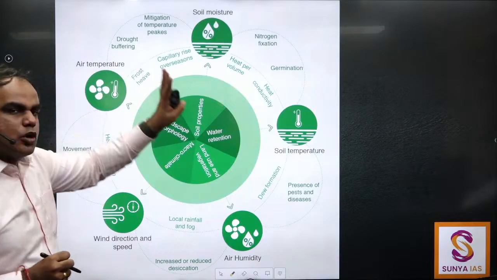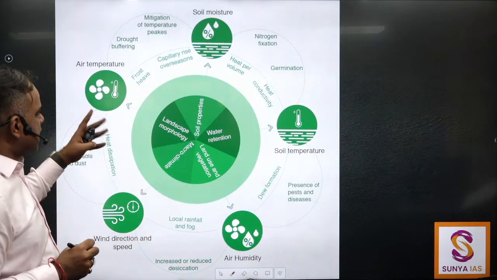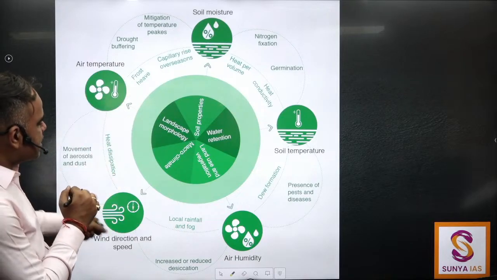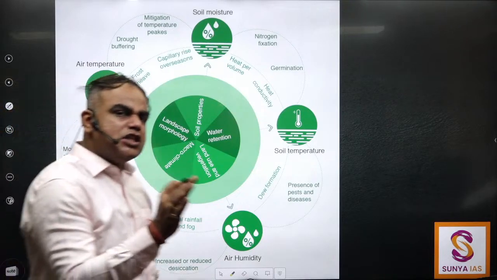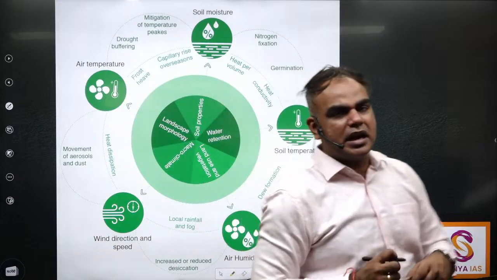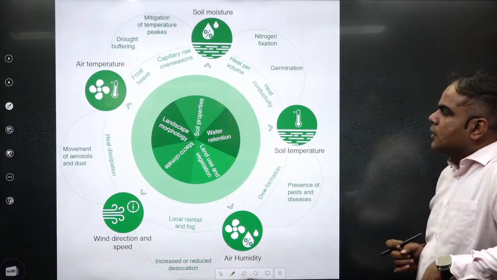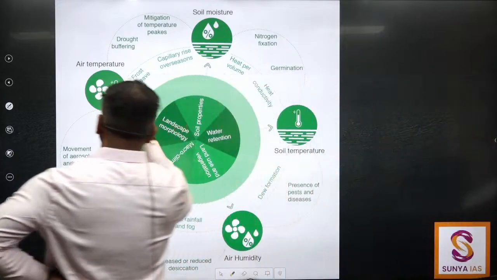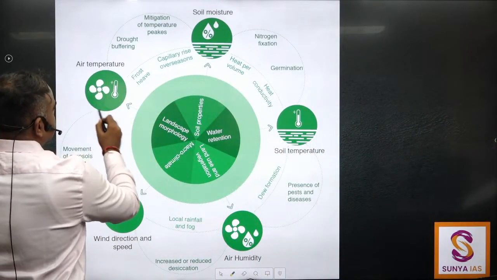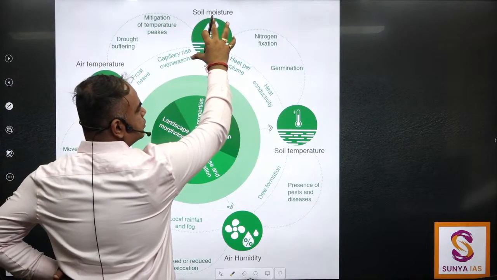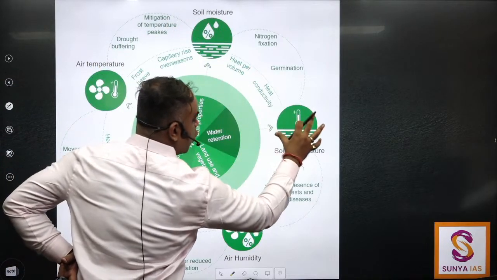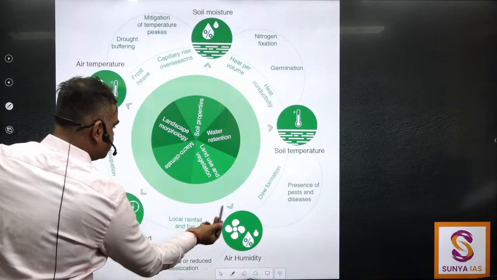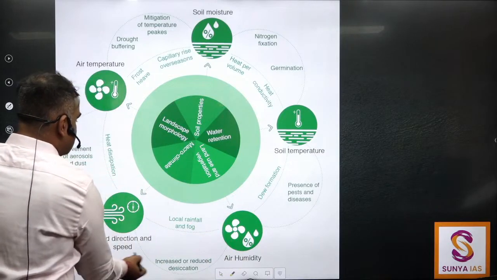You may not be able to draw the exact diagram, which is very detailed, but try to just understand the various factors that are going to be present and how each factor is interconnected or interrelated. So, for example, if you see, you have air temperature, there is soil moisture, there is soil temperature, there is air humidity, there is wind direction and speed,